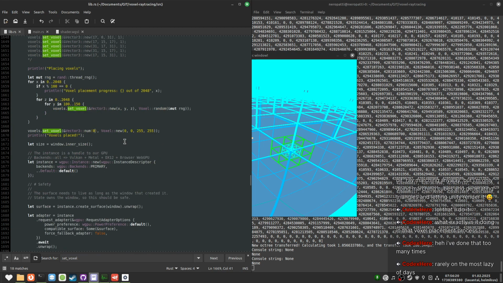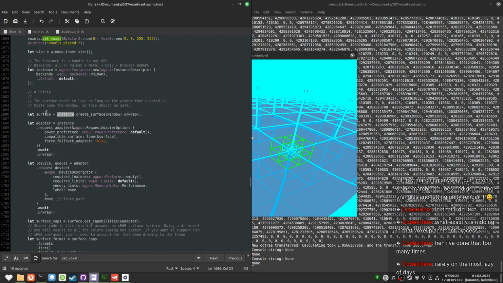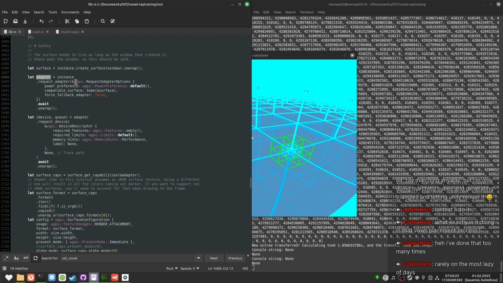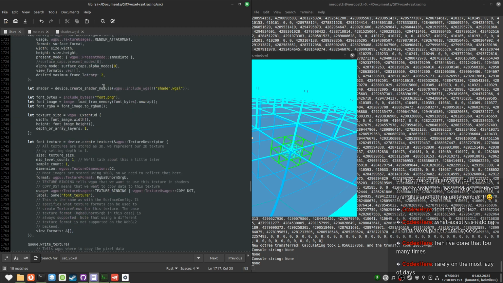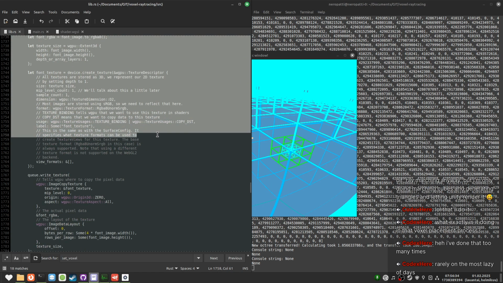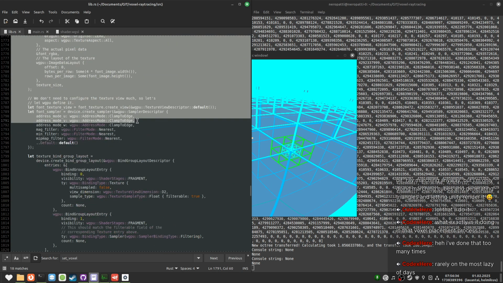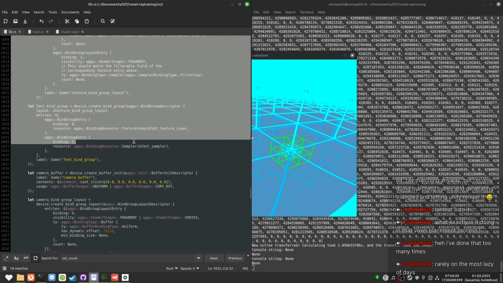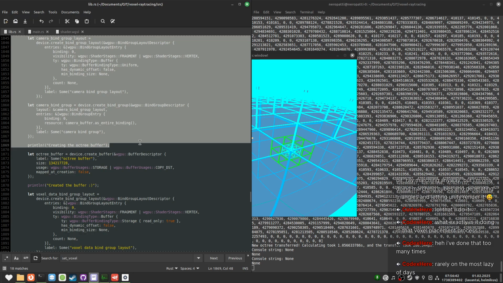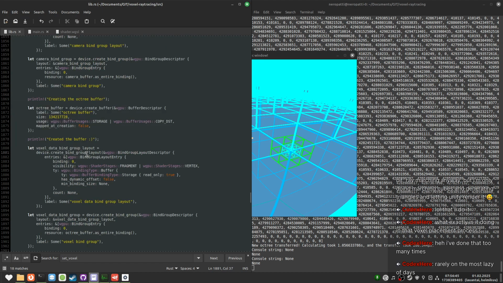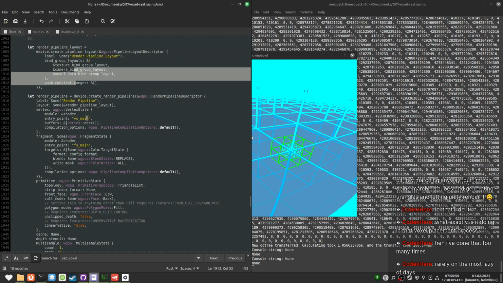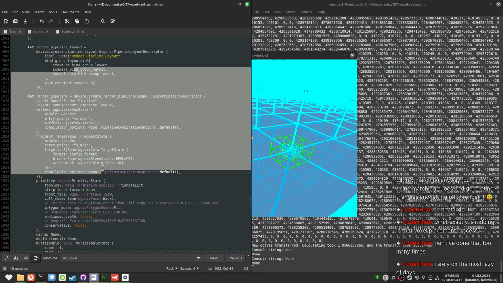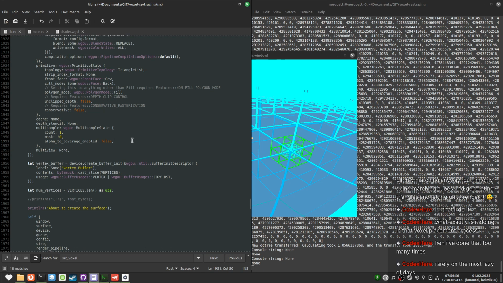and I can go into the set voxel in a moment. But we're creating a surface, we're creating an adapter. Don't even ask me what this is, right? I just know it works. Getting surface capabilities, blah blah blah. It's just vomiting all of this just to get a window running and to be able to do anything. And yeah, here I create my octree buffer. There's a whole bunch of stuff that you need just to be able to do anything. And if I want to do triangles, I have to do that myself.